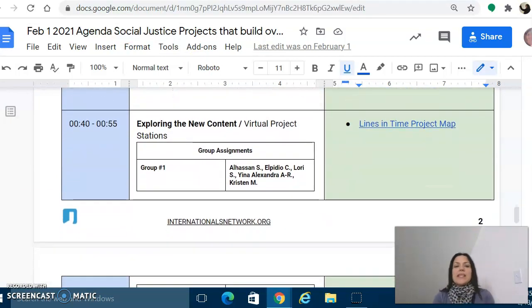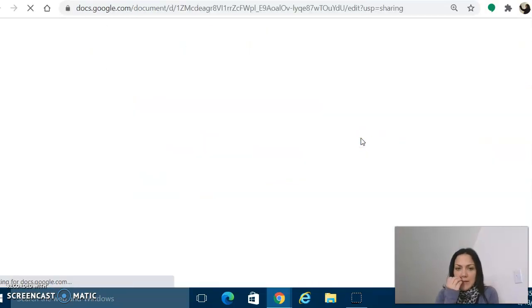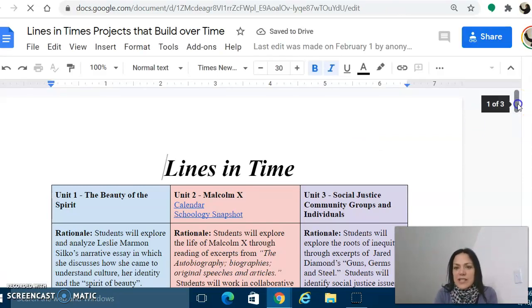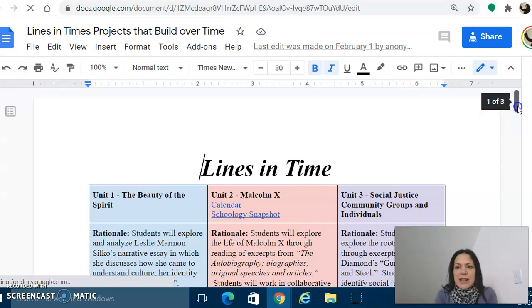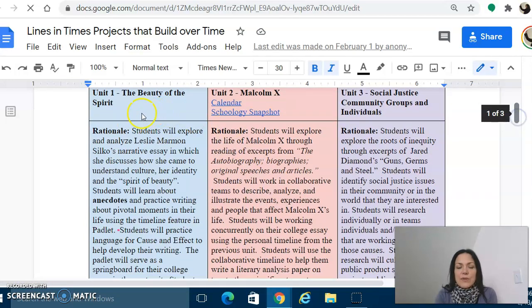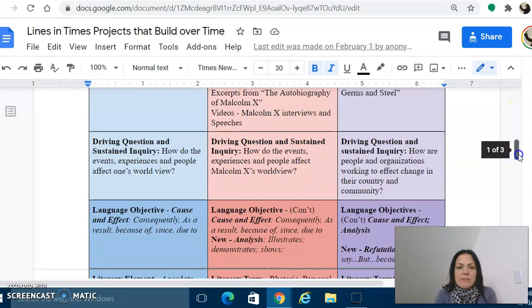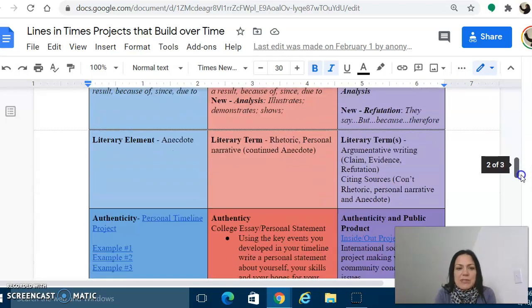After that, we explored projects that build over time. And so if you click on the document here, you will see a project map that links 3 units of study together. So take some time to look at how Unit 1, Unit 2, and Unit 3 build on the unit prior. Take a look at the driving questions, the language objectives,